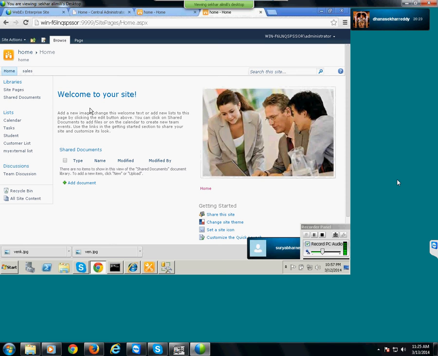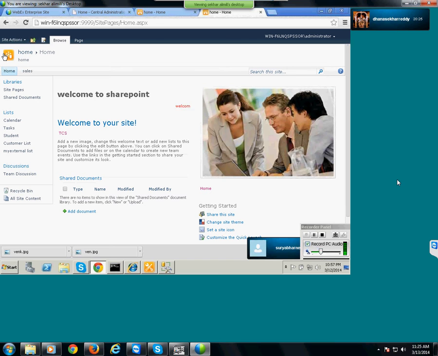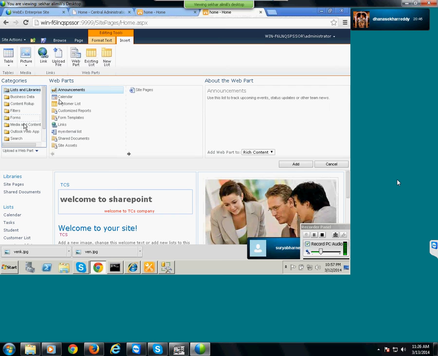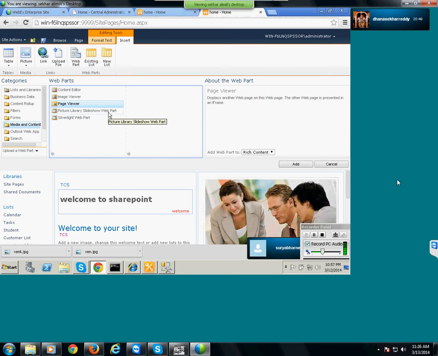Now I am going to show you how to use jQuery on the master page. This URL we can make on the master page. That I will show you by using SharePoint Designer. Now I am going to show you another web part. Go to Site Actions, Edit Page, click on Insert, click on Web Part, under Media and Content. Here we can see the Page Viewer web part. What is the use of the Page Viewer web part? By using it, we can call internal or external sites.